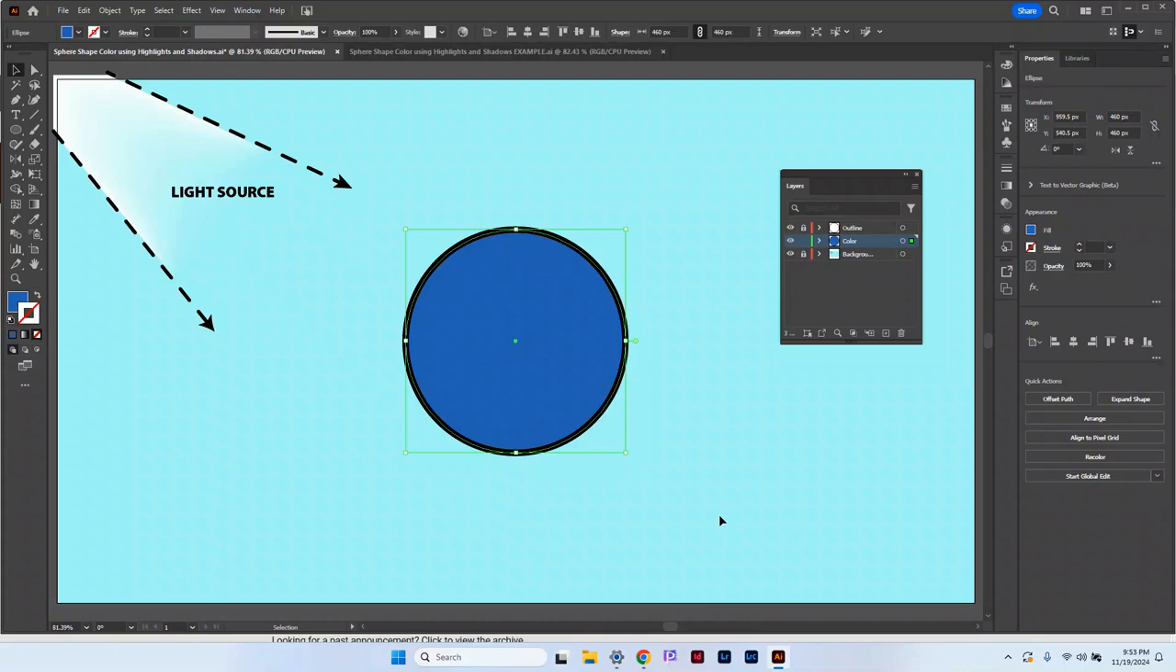All right, the next part of the tutorial to create this sphere is to start to work and develop the highlight. So what we're going to do is we currently have inside of the color layer, the outline layer is locked and the background is locked. Again, clicking on the little icon, make sure that it's locked. The color layer is the only one that's not locked, and we have one shape that's filled with blue